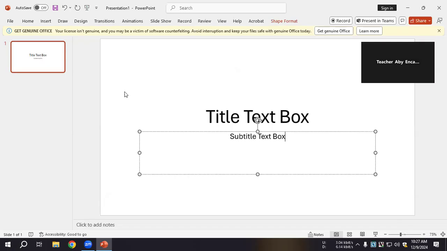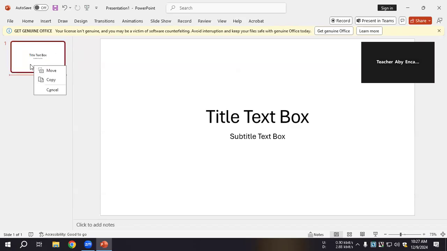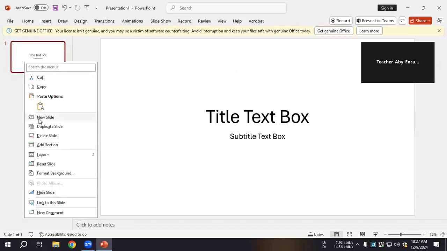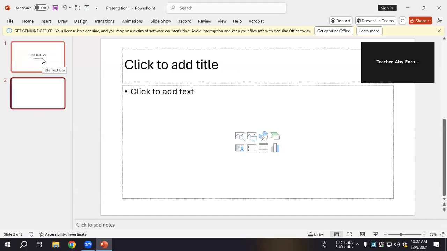Okay, so teacher, this is my first slide. How about teacher if I wanted to add another slide in my slideshow? First, you can go to the left thumbnail of your slide. This is like the big white rectangle with a red border. And then you will do a right click on your mouse. And then you look for the word new slide. You click it with your left clicker of your mouse, and then another slide is added.